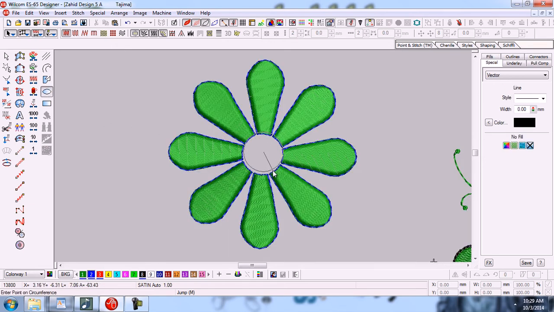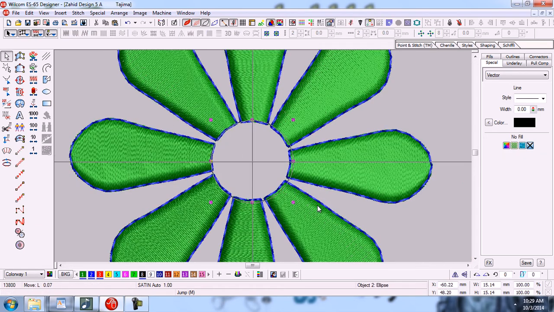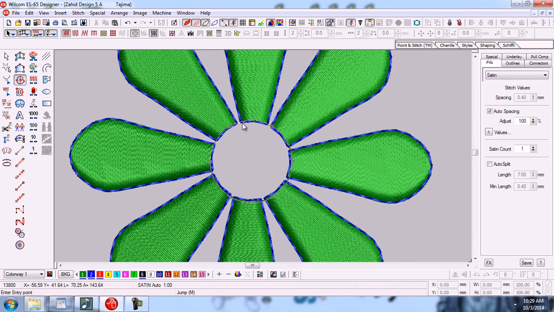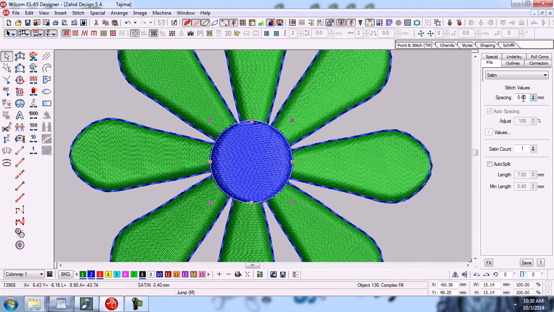We will make a circle. Zoom in a little and make a duplicate copy of this circle. Now I will apply complex fill directly, with entry point, exit point and stitch angle.